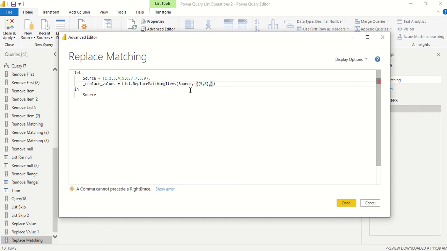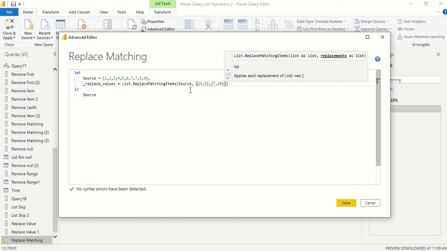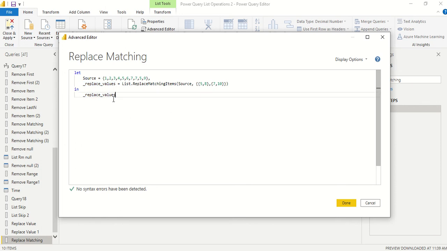we need to give another list. So we start a list, and then we give 7 comma 10. So I want to replace 7 with 10, and then I see this list is also finished, and let's see, yes, seems correct. And we have to now return replace value, because if we return source it's still going to be the same. So we need to return replace values, and we say done,